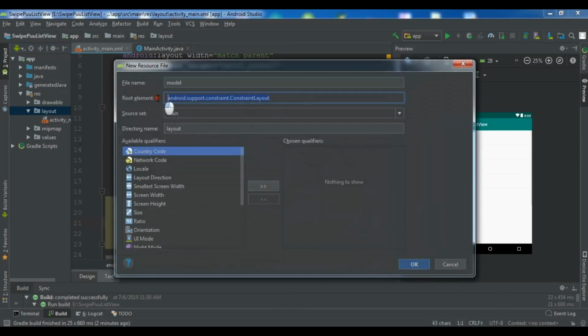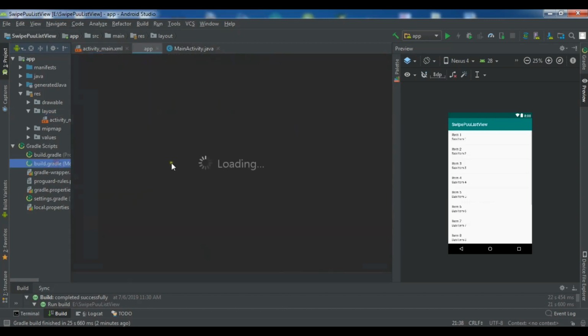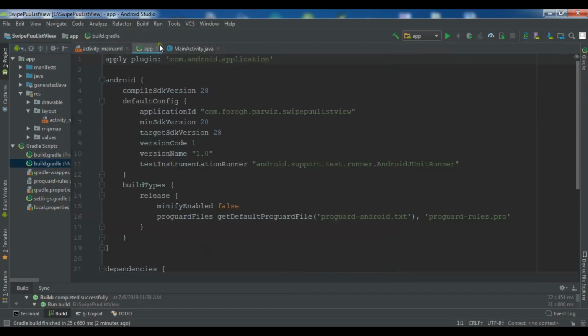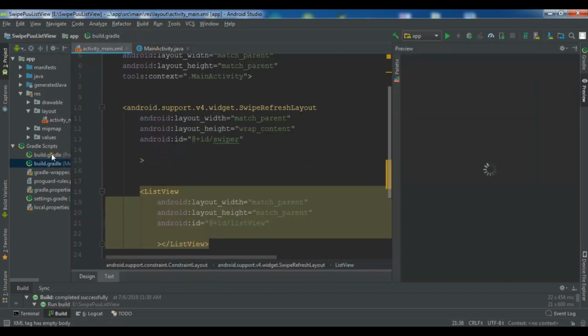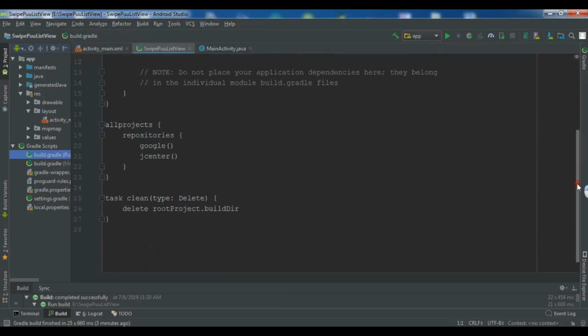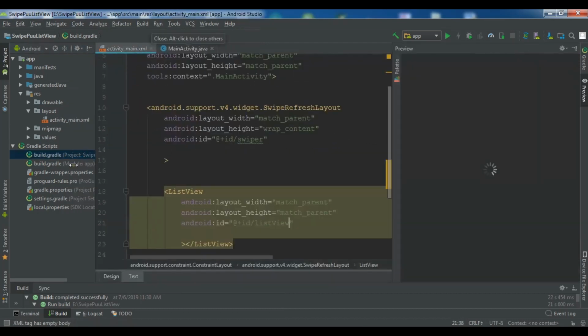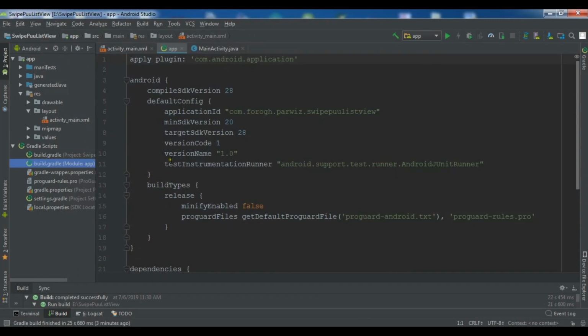The root element I want is a card view. So card, I need to add this. Let me open my build.gradle. Build.gradle, the project. Sorry, let me just open the module. Okay, now in here,